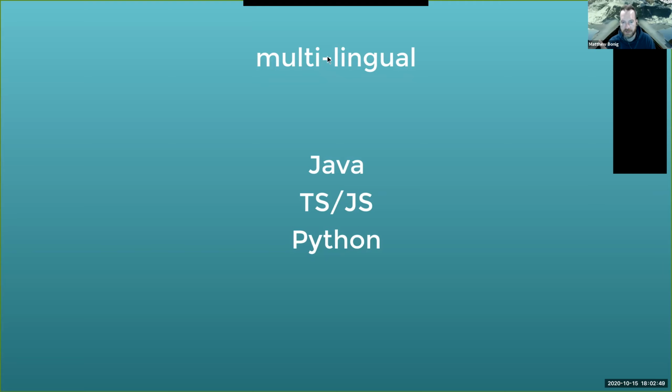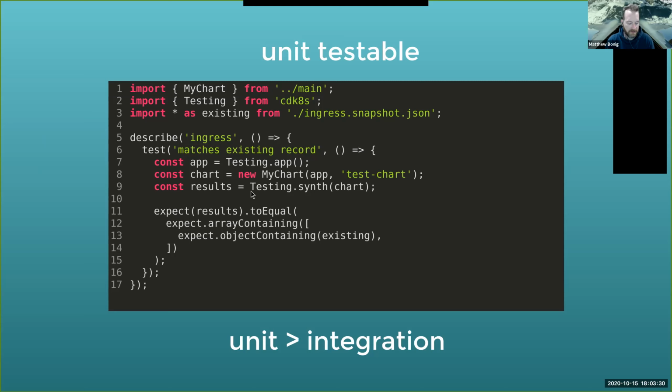Next up, and this one is one of my favorites too, is it's unit testable. Because at the end of the day, when I'm building out a construct, what I essentially have is just standard objects. I can evaluate those things and write unit tests around them to ensure that complicated logic is being executed the way I expect it to. And one thing you've probably noticed if you've ever worked with Helm charts or any other sort of IaC like CloudFormation is that if you start to get into some complexity because you want to make these things really reusable, you develop this MERN application and you want to give your consumers of it the option to say, well, how many replicas do I want in my deployment? Well, that's just a dial that you put on that chart.